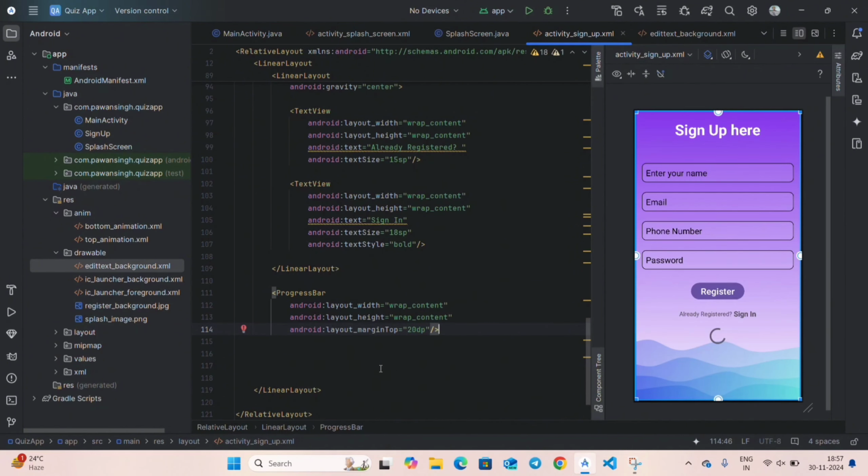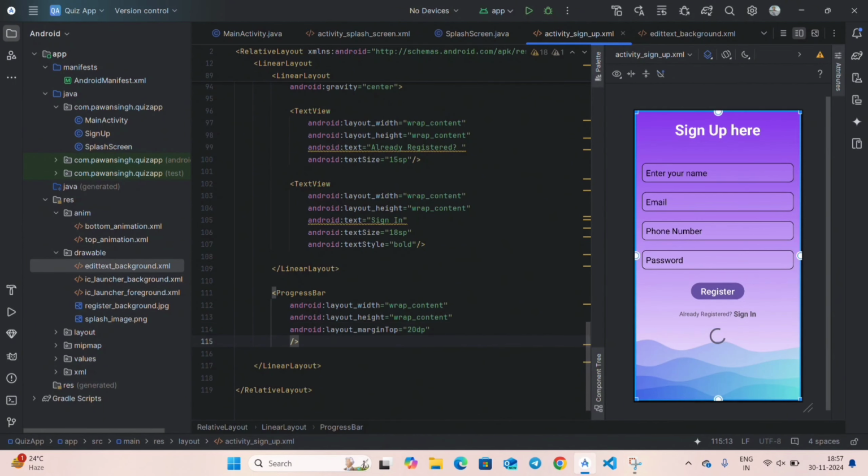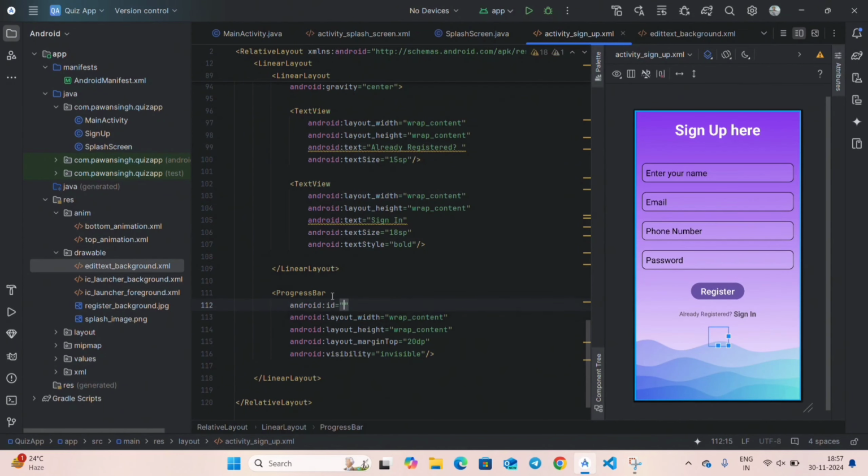But when the user comes firstly to this page, we don't need to show this progress bar, so make it invisible. Right here, visibility as invisible. Now we will make it visible in our Java code, and give it an ID. Give it ID as progressBar, make P capital,